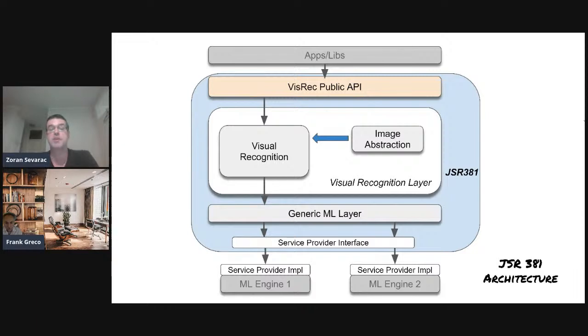Our visual recognition tasks, which come down to image classification and object detection, sit on top of these generic machine learning layer tasks. So we want to classify images, and we want to recognize objects, right? We want to do that on different types of images, because even the imaging domain is very complex, and there are different solutions for imaging in the Java ecosystem, and that's the reason why we have created this image abstraction component,